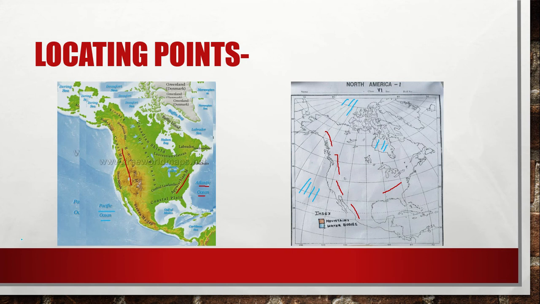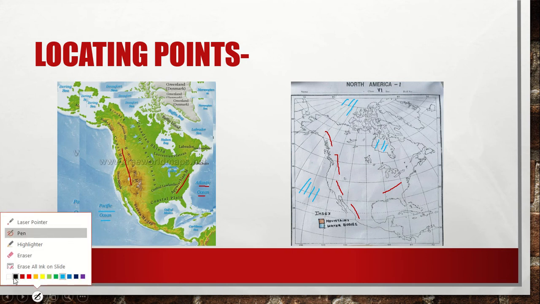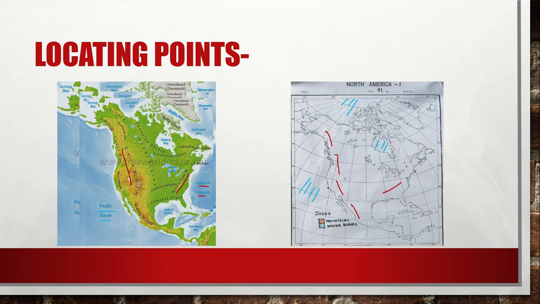After locating these 5 points, we will not forget to label the points with pencil. The first point which you will label is the Rockies Mountain. So with an arrow, you will just mark, the head of the arrow should point towards the feature, and you will write here Rockies. Then you will mark the Appalachian Mountain, which is also known as the Eastern Highland. Remember, map pointing should always be written in block letter and will always be done with pencil.